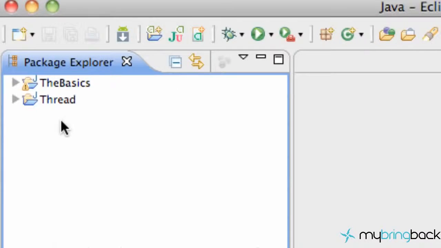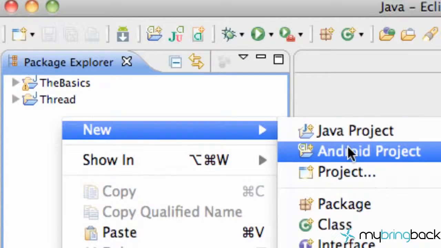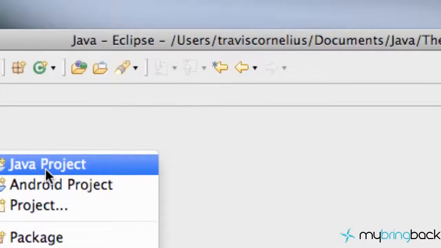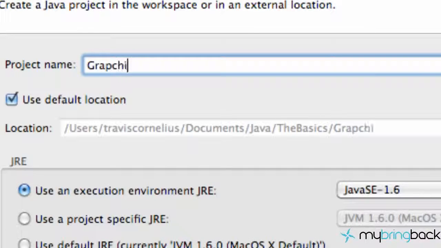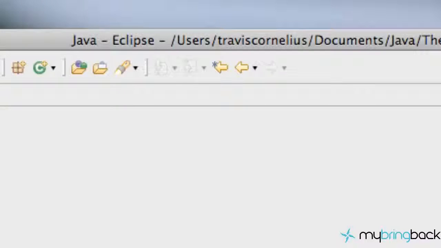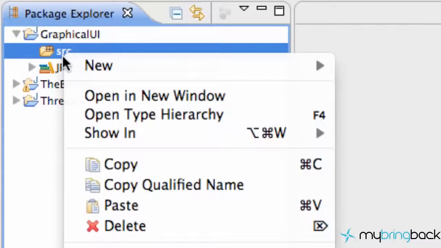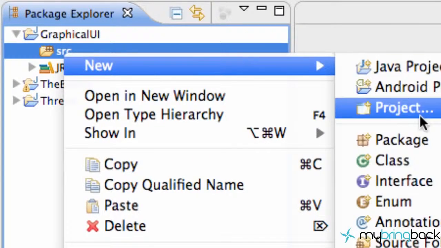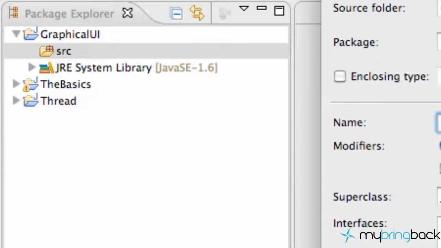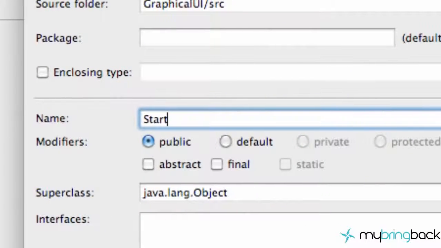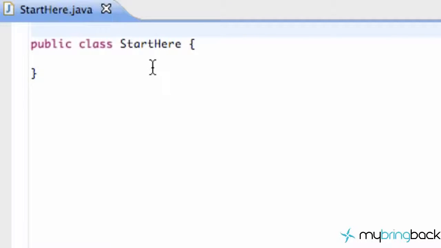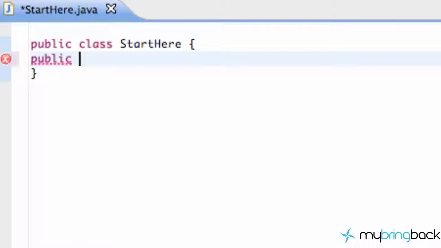Anyways, what we're going to do is right click and create a new project to work with our graphical stuff. We're going to call this graphical UI, something like that. Hit finish, and bam, we got our new project here. We're going to create a new class within our source package, and this is going to be our starting class that has our main method. So we're just going to say Start here, and all we're going to do is public static void main